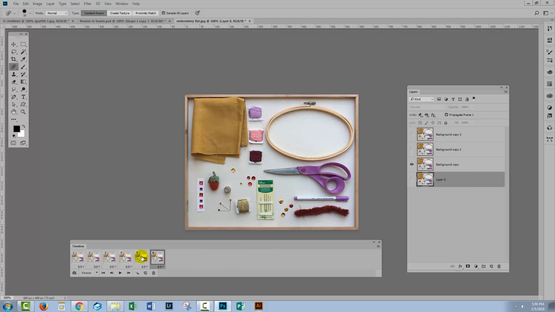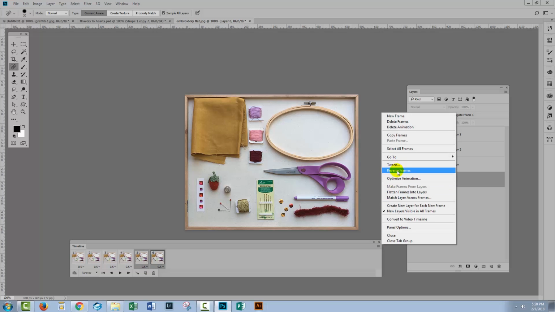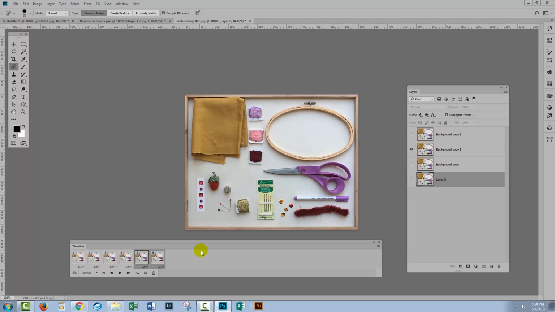When you're doing that, there's something to be aware of here. I'm just going to delete those last 2 frames. Let's go back to the 2 frames that we need to duplicate. And if this were 15 frames, we're going to be in trouble when we need to reverse them, because you do have to reverse them. So what I'm going to do is click New here. I'm going to move them to the end. And then with them selected, I'm going to click here on Reverse Frames, and that's going to reverse the order